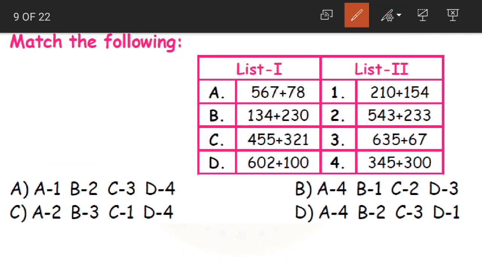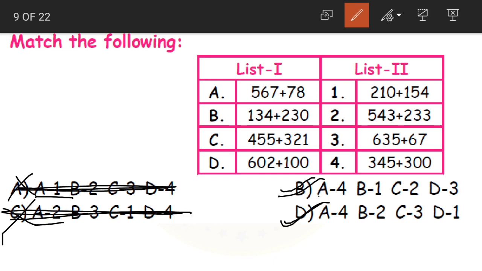So from the given options, look at the given options. In which option is A equal to 4? In option B and option D, right? In option B and option D, we have A is equal to 4. So option A and C are obviously wrong. Why? Because here A is equal to 1 and here A is equal to 2. So we know that A and C are wrong, as we know that A is equal to 4. Now there cannot be two correct answers, right? So from these two we have to find out the correct answer.